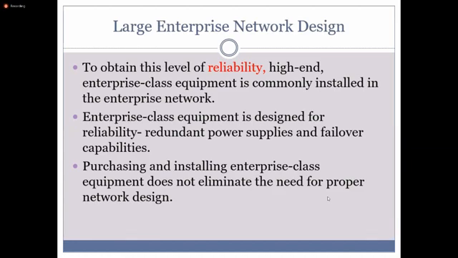Some routers and switches have a redundant power supply. That means there are two power supplies in it. When one power supply goes down, you can remove it while the switch or router is working. You can replace it while it's working, so there's no effect on the network. Those are the redundant power supplies.